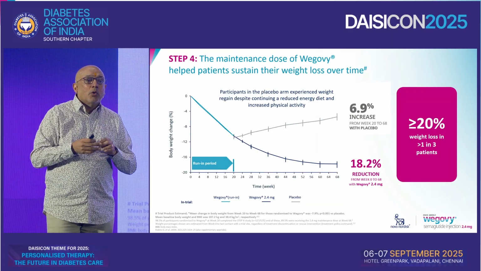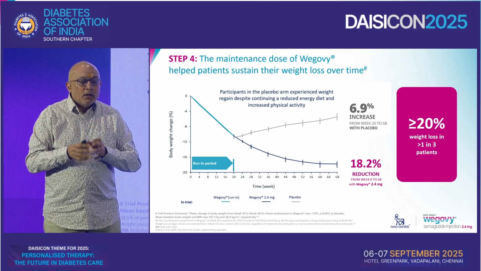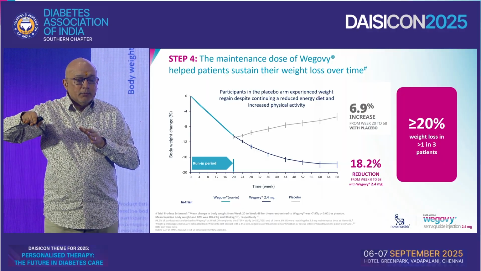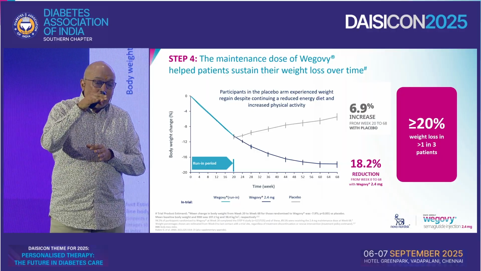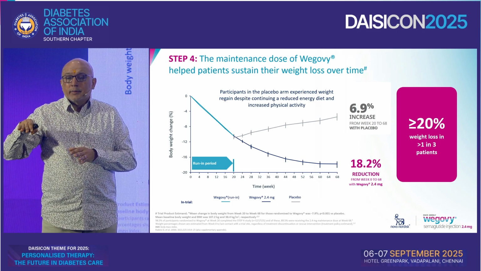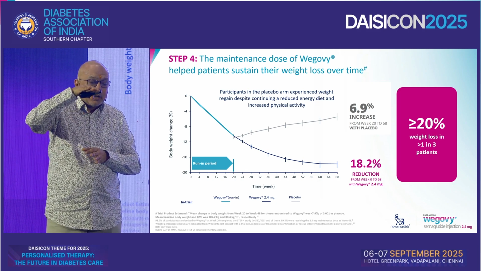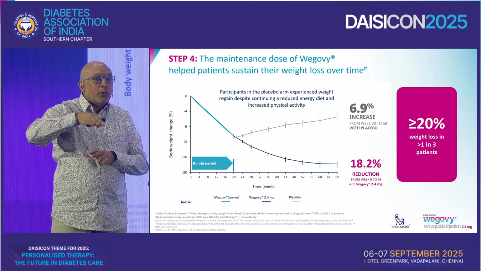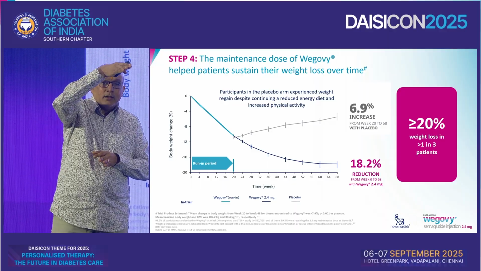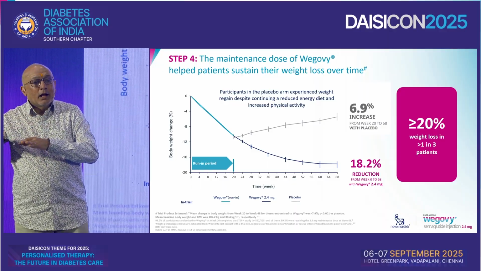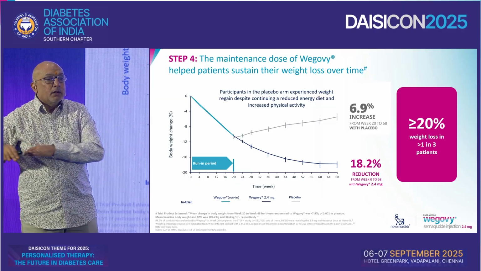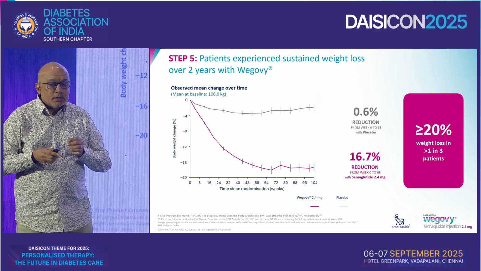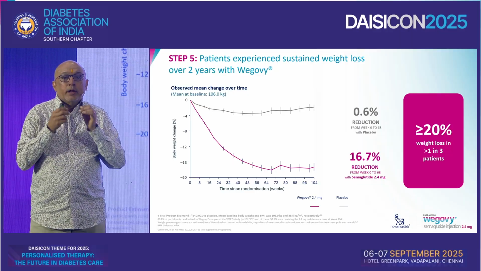Now the big question is what happens and how long does it take to happen? Two things are very interesting. The weight loss is sustained. It lasts for a long period of time. It plateaus way up around 68 to 72 weeks. With tirzepatide, it's around 80 weeks. Unlike the SGLT2 inhibitors, where at the end of 3 months you stop getting any more weight loss, here the weight loss is sustained, it occurs for a longer period of time, and it lasts for a much, much longer period of time. Now, the second part is that this weight loss, when you stop it, you regain it.